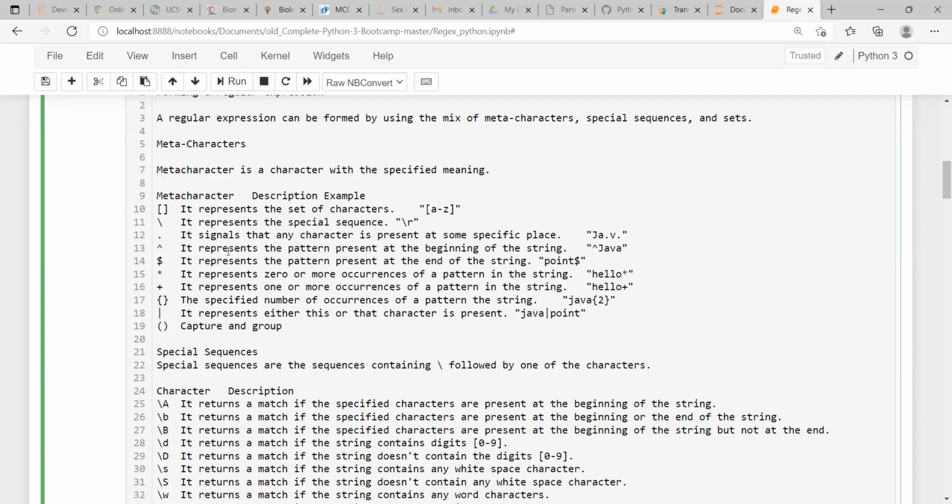And similarly, the dollar symbol represents the pattern present at the end of the string. So if you are writing like this, it will search for that particular word at the end of the string. So there are lots of functions available.